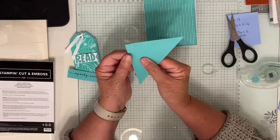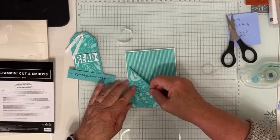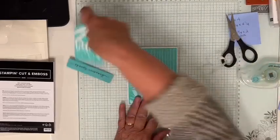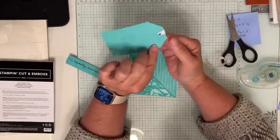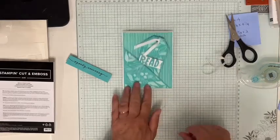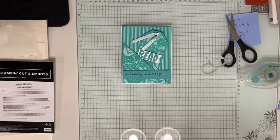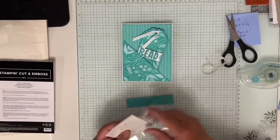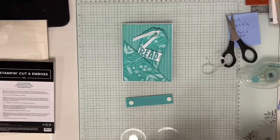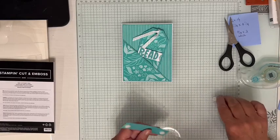Okay, I got a little extra here. You can always fold it in if you went off. You went a little crazy. And then you're gonna put that right at the edge of the cardstock. There's our pocket. We've already made this. I took a piece of ribbon and just poked it through and tied it. And I gave you the measurements earlier. That's adding to the front of our card. And then I'm just gonna pop my Speedy Recovery on right here. All one color, right? So I also have some leftover dimensionals that are gonna go on here. And our card is ready, and I've got lots of room inside to write a note to whoever needs a